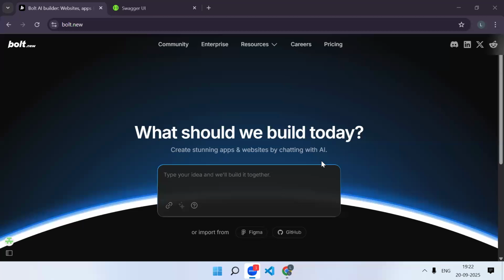You know that term vibe coding, right? Whatever they do, they use these tools, either Bolt AI or Lovable or so many. I'm also not aware of everything. Just these two, Lovable and Bolt AI, I have actually used the premium version, and